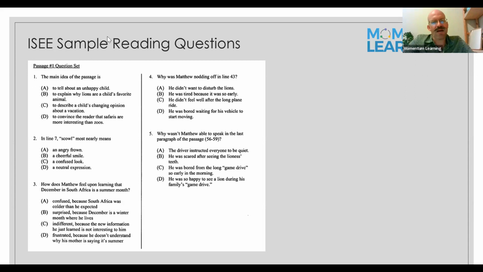And if he's unhappy, unhappy is different from confused. So now that leaves me with neutral expression or an angry frown. It isn't a neutral expression, but I like how you're thinking in emoji terms. Elena, what are you thinking? I'm thinking it's an angry frown. Yeah, an angry frown. Good.